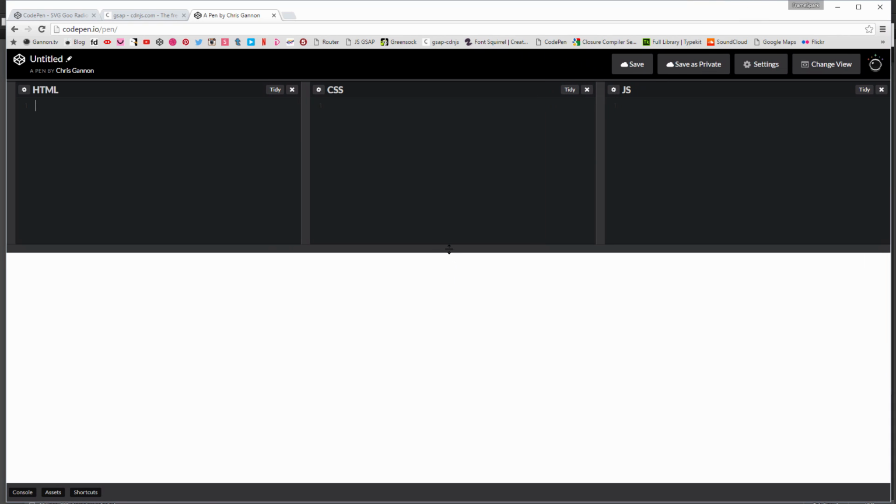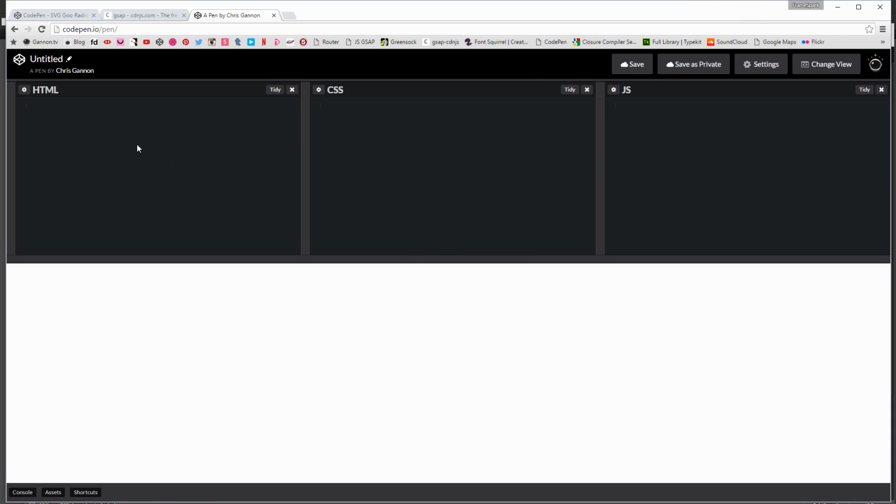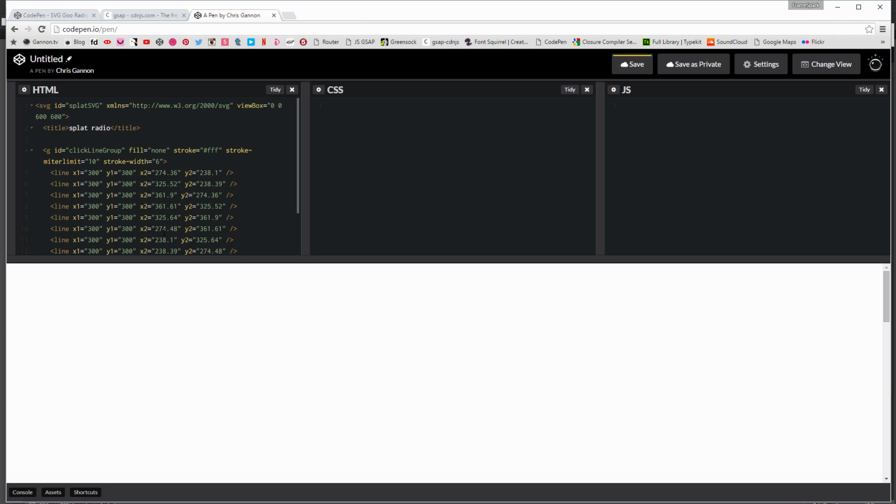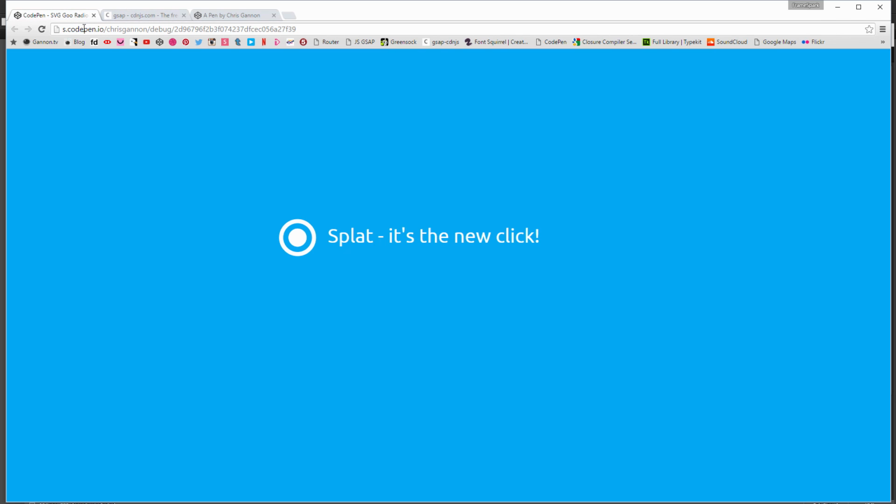All right. And I'll just paste that in there. Now we can't see anything. Why is that? I know why. Because everything's white on a white background. Okay. So I'm actually going to go into